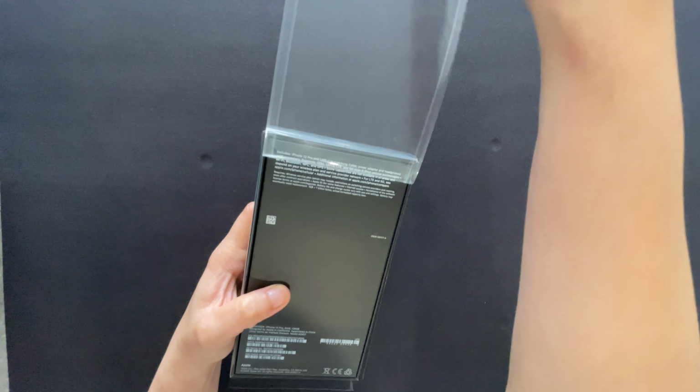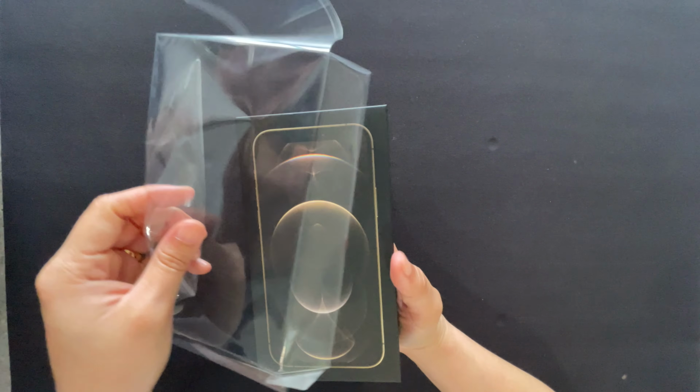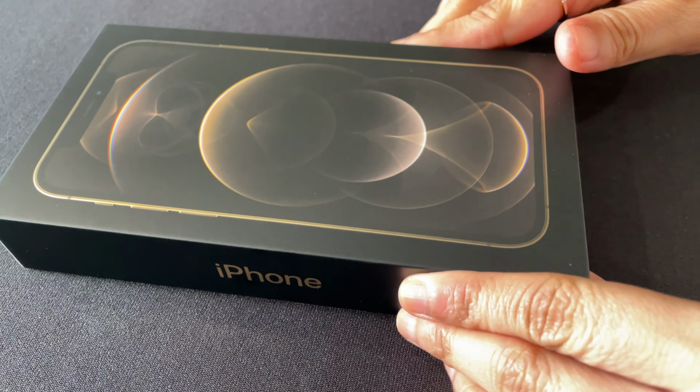I'll be attaching a clip when we unbox my iPhone 12 Pro. So this is a gold one. It's very elegant, guys. Oh my gosh, you should see this one. Trust. So it's just like this. This is the box. So...